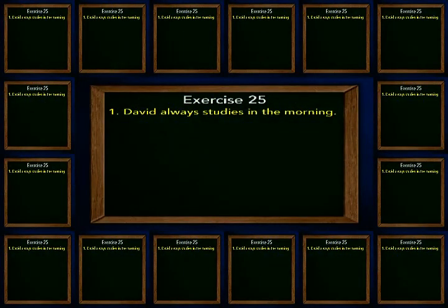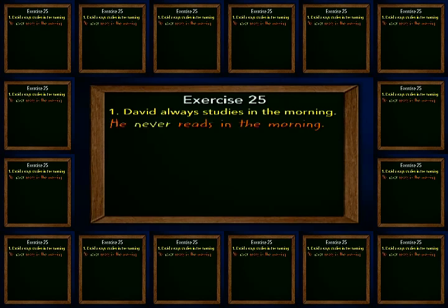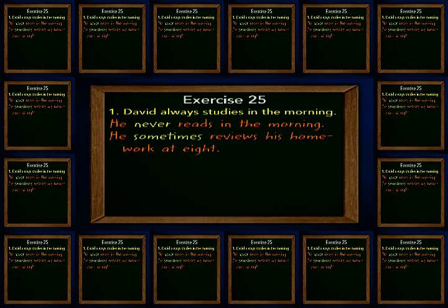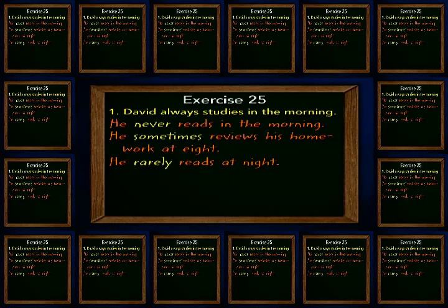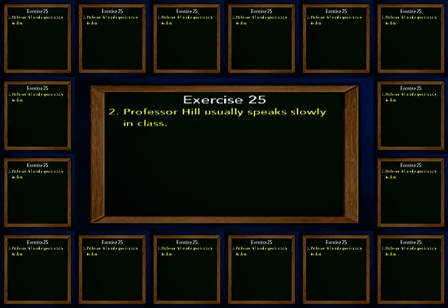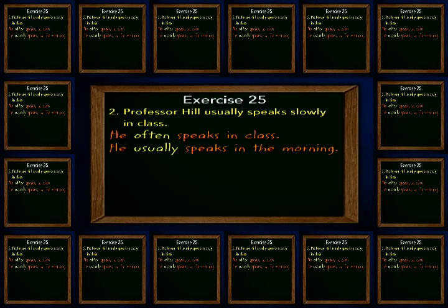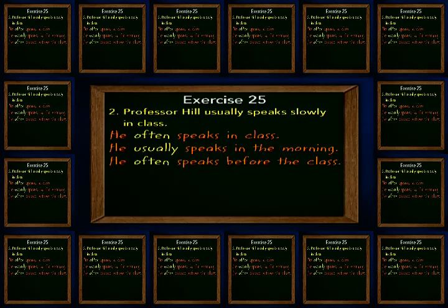Let's review the exercise. You saw David always studies in the morning, and you wrote 3 additional sentences. He never reads in the morning, for example. He sometimes reviews his homework at 8, or he rarely reads at night. There are many possibilities, right? Okay, and then number 2, Professor Hill usually speaks slowly in class, and you maybe wrote, he often speaks in class. He usually speaks in the morning. He often speaks before the class. And number 3,